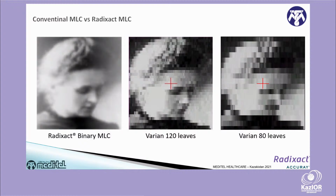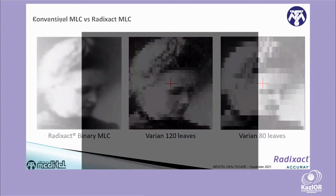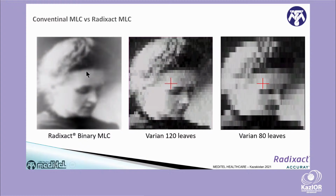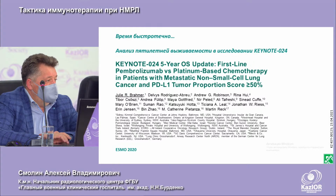So, what is the result then? If we have a 100 times faster MLC, and we have a blocking advantage, what is the result? This is the real dose distribution of Marie Curie, who is one of the most known scientists. And if you get the dose distribution with the Radixact, you can see how the dose can be shaped. You can shape the dose to some degree, of course, with the Varian HD 120 MLC, but you